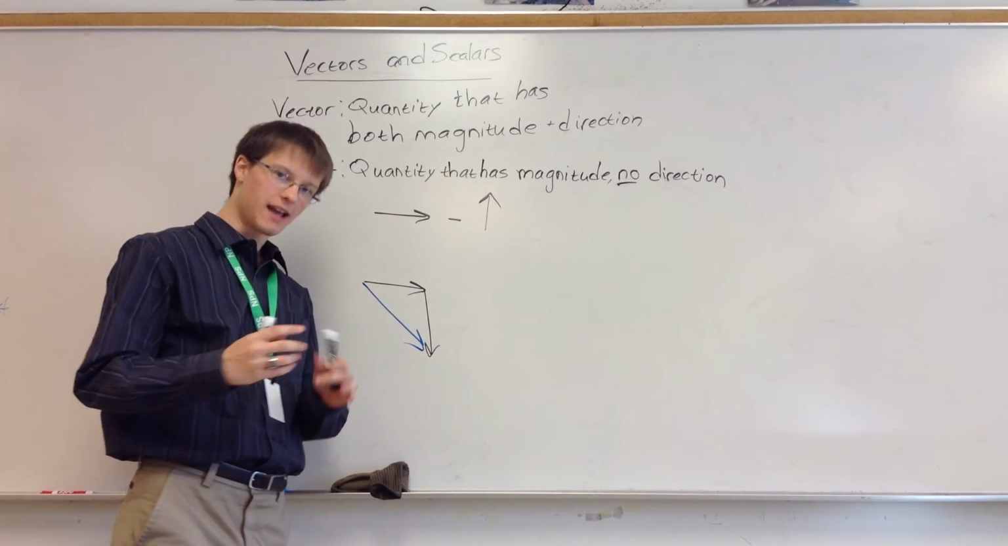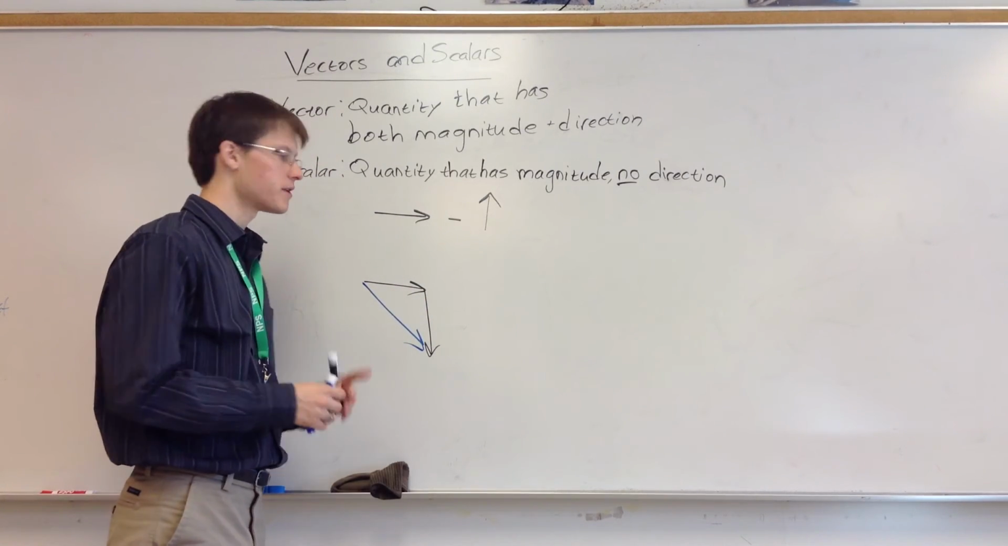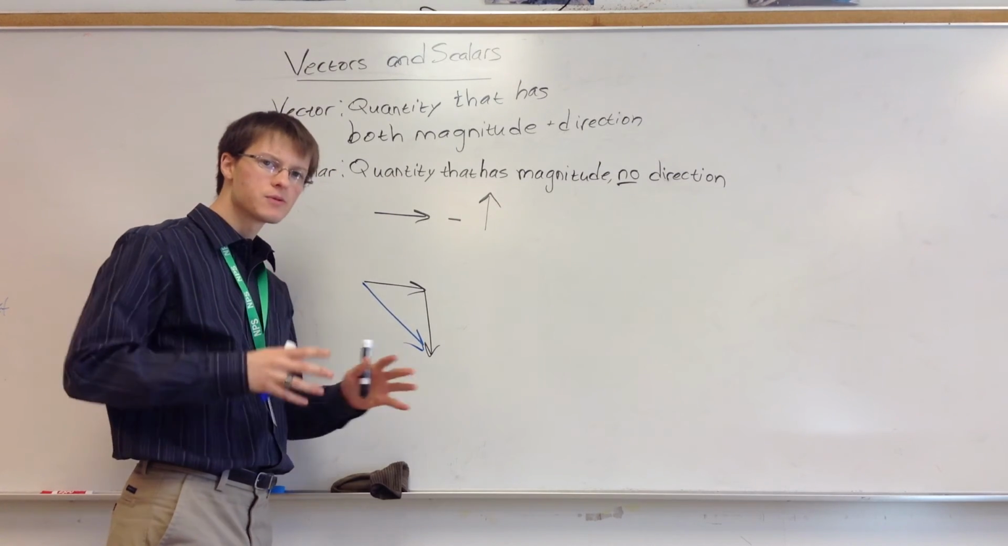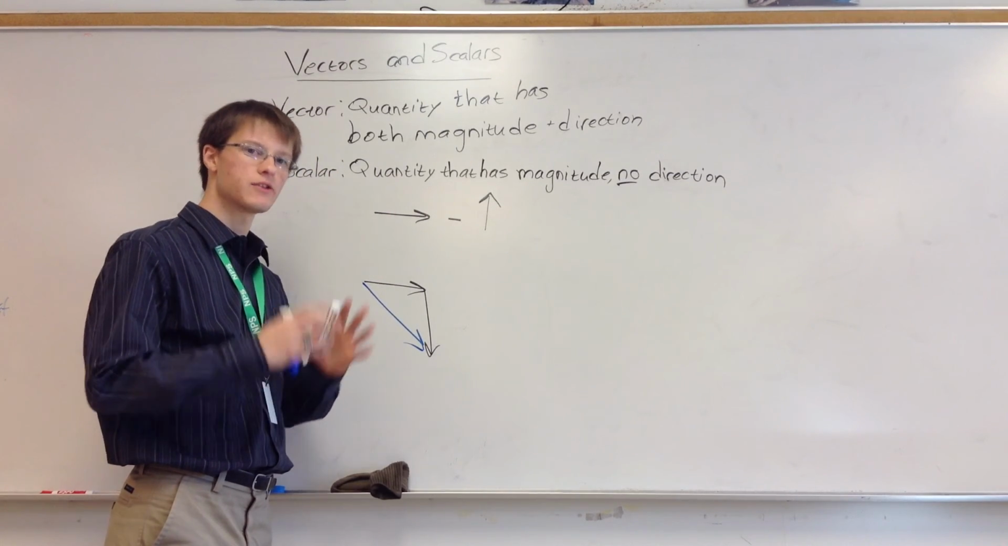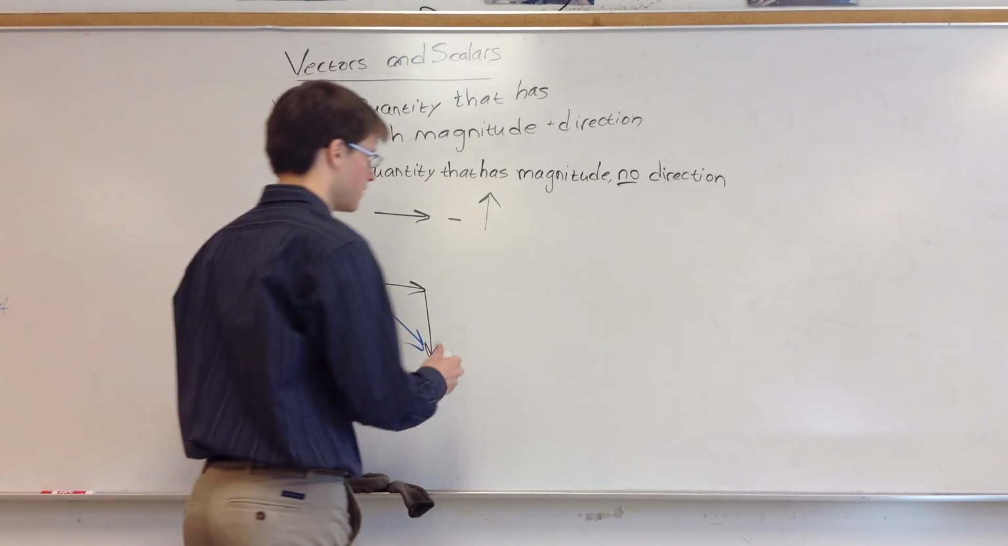Vectors cannot quite be multiplied by another vector or divided by another vector. There are two operations called the cross product and the dot product, which we might get to later on, that you can use, but not straightforward multiplication. However, you can multiply a vector by a scalar. If I say,